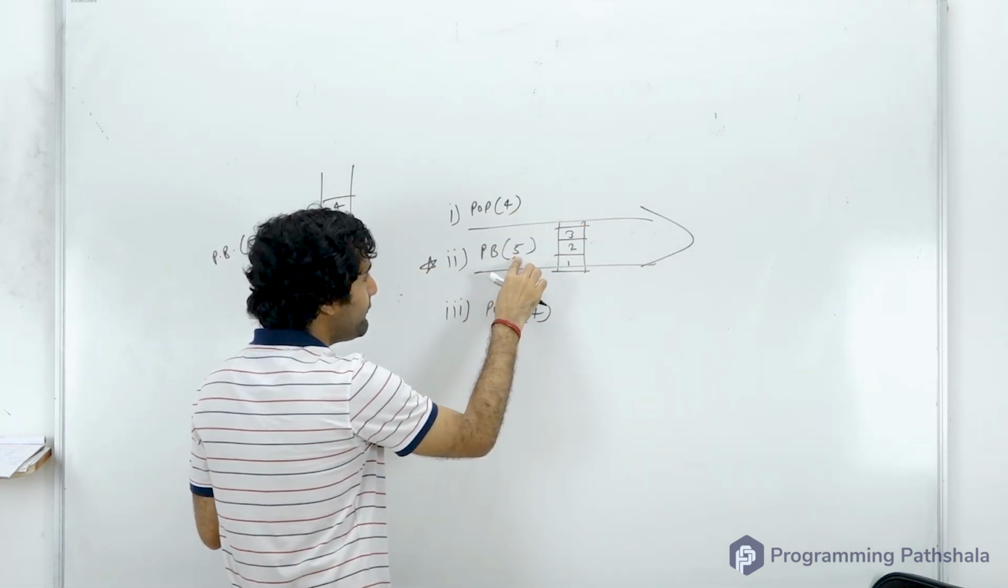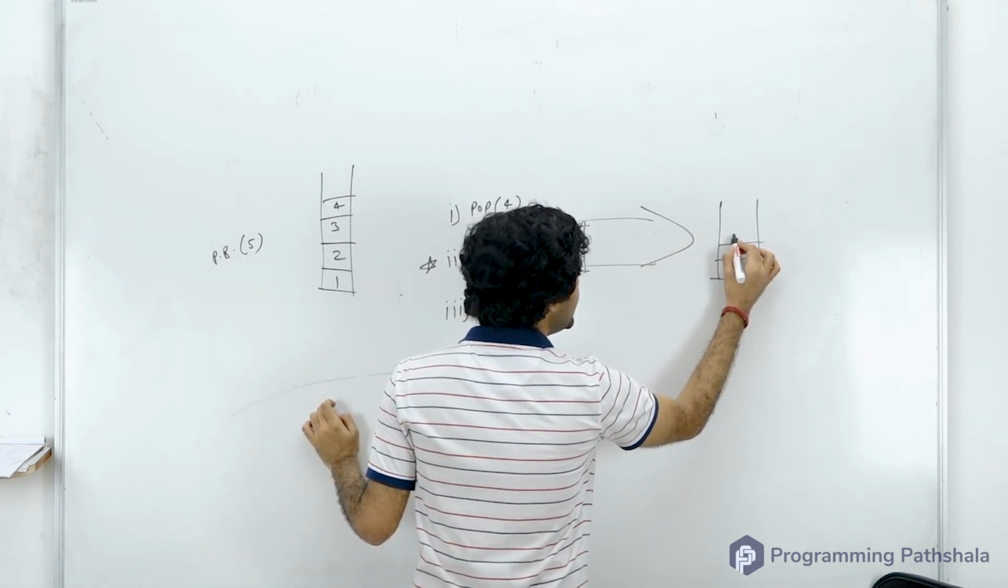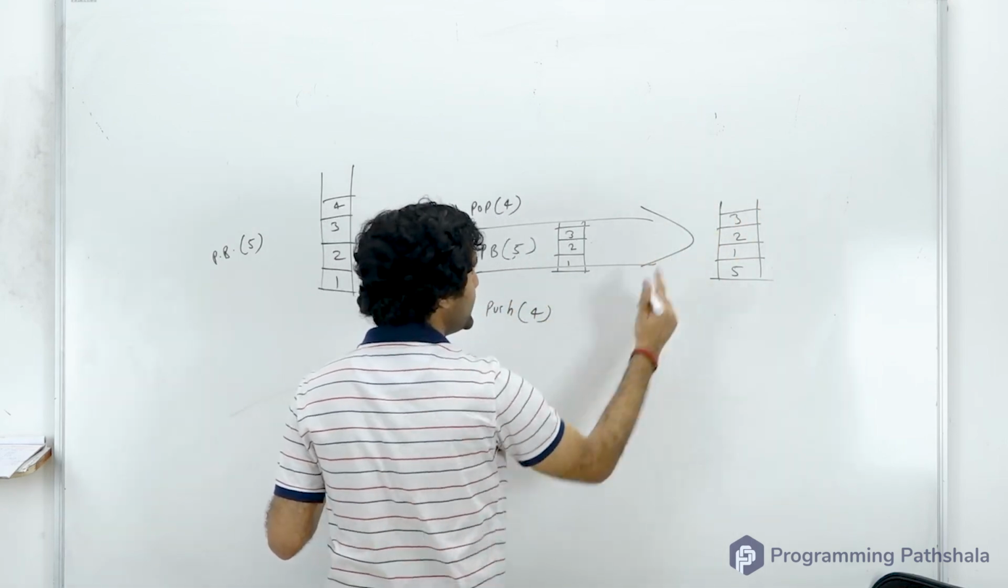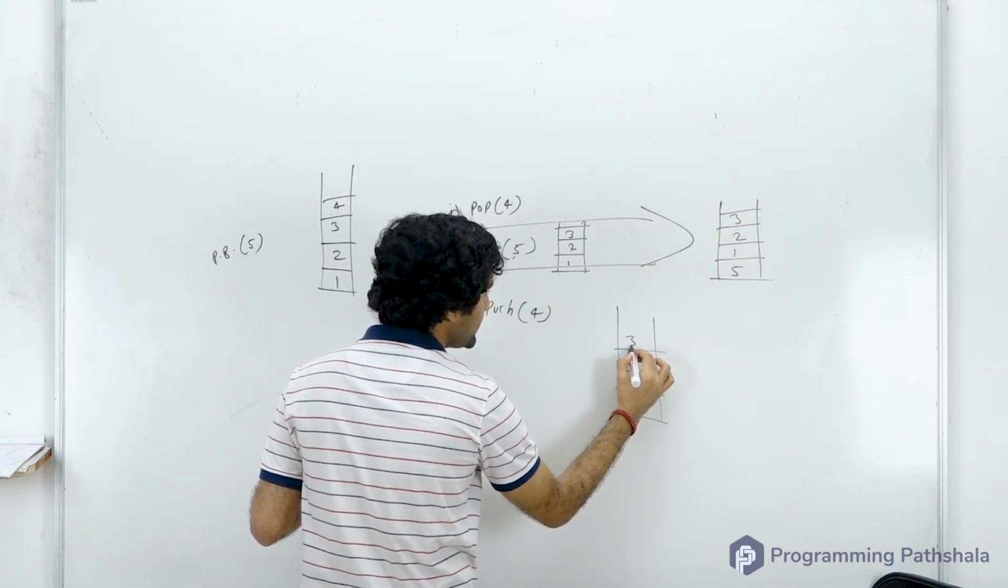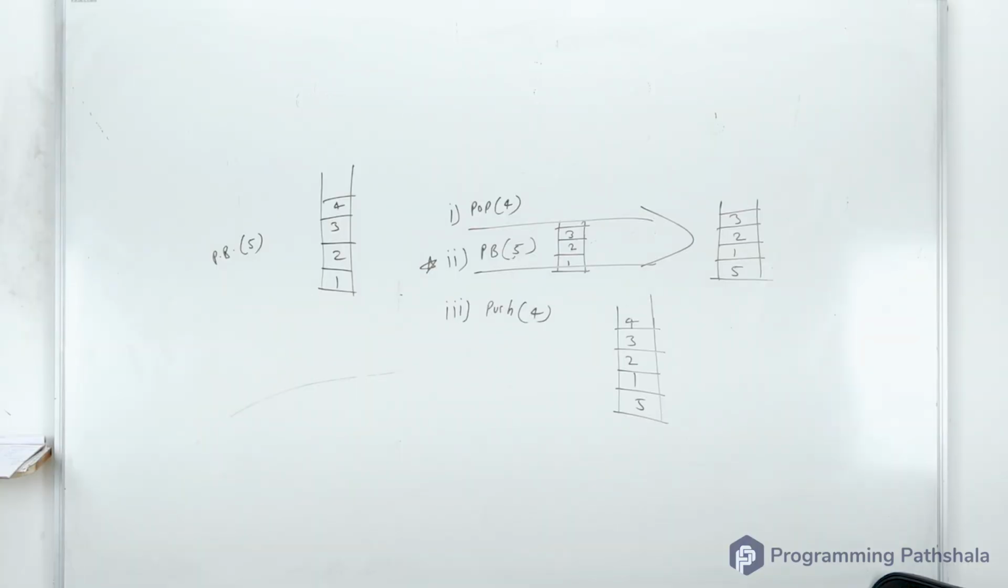So push bottom of 5, if that happened, then it would look like 5 here and then 1, 2, 3 here. And now after this, if you push this 4 over here, then you will exactly get what you actually wanted to get. So can I say that the step 2 that I have written should be a recursive call? Yes or no? The step 2 can be a recursive call where you are calling push bottom recursively on the